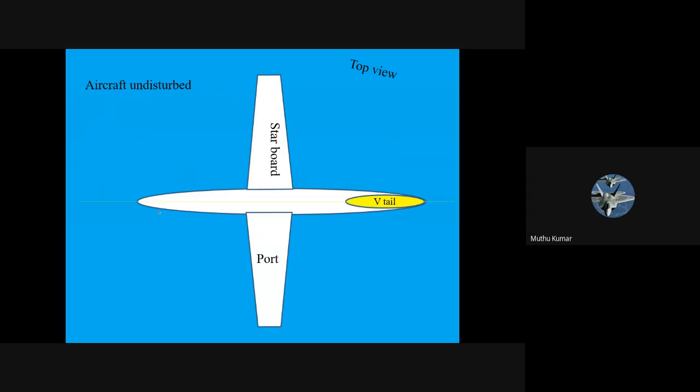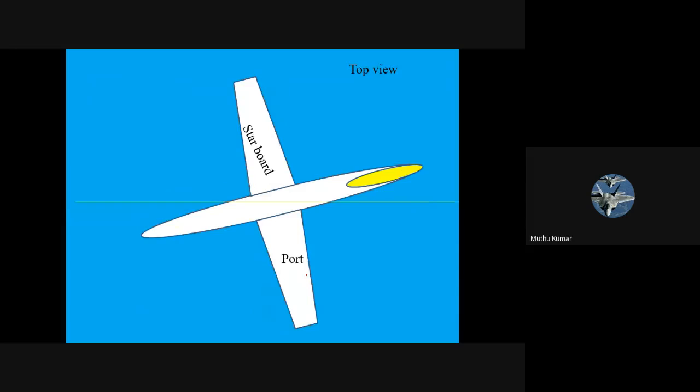Okay, so maybe I'll just show you. If this is an aircraft undisturbed from the top view, vertical tail, starboard, port, wing, fine. There is a wind aligned to its motion. Perfect. Everyone is flying calmly. If the aircraft has been disturbed towards port, yawed towards port,